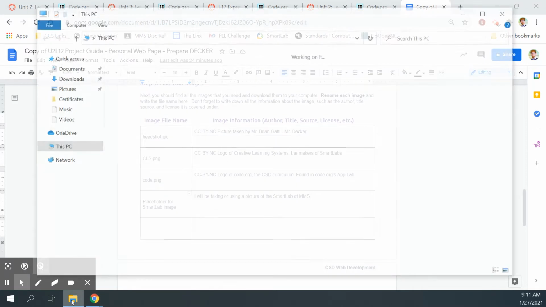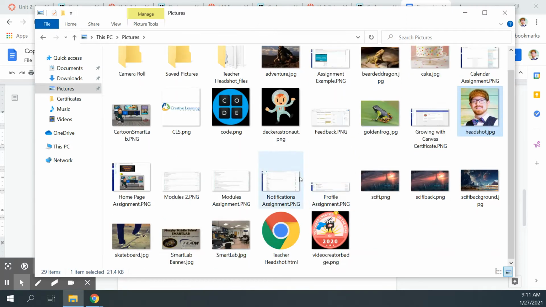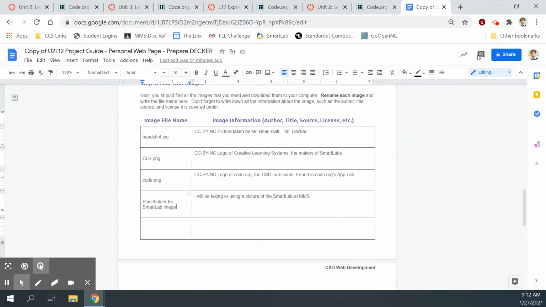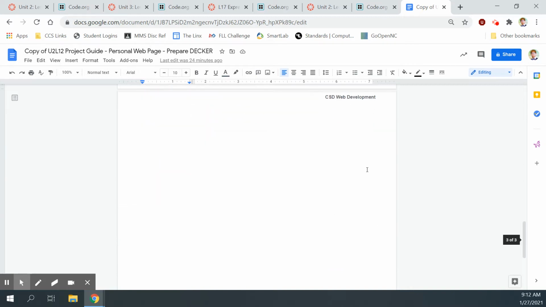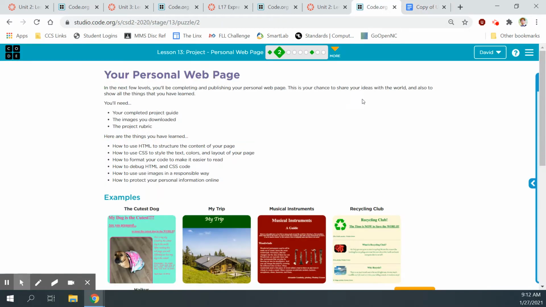For instance, you'll see some of the pictures I'm going to be using, like my code.org logo, Smart Lab picture, headshot, Smart Lab picture, Smart Lab banner, so on and so forth. Pictures that I'll be using for my website myself. So I hope you completed your project guide, because that's going to help you tremendously with going through and completing